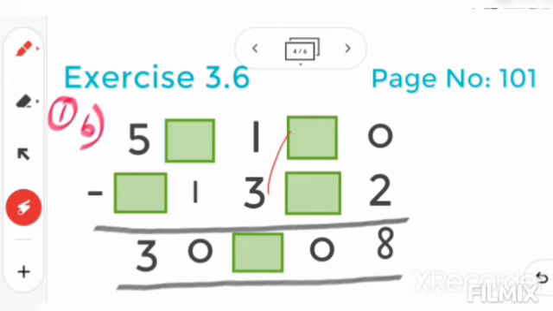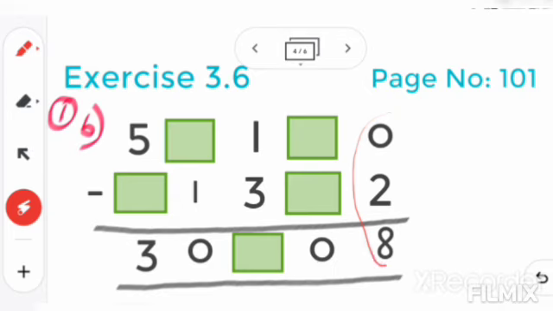Here the box is missing. Okay, so to find that, see 0 is the answer here, isn't it? So any number you can put. 2 minus 2 also 0, 1 minus 1 also 0, 4 minus 4 also 0, 9 minus 9 also 0. Okay, you can put any number, both should be the same number, then only it will be 0. But before that you have to check whether any number has borrowed here. Okay, if it is not borrowed, you can put the same number and write the answer.